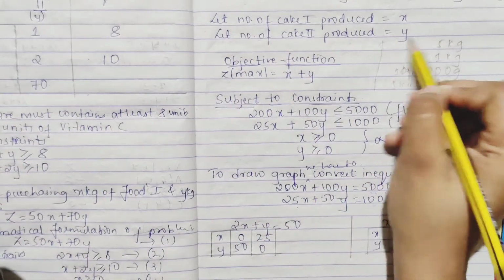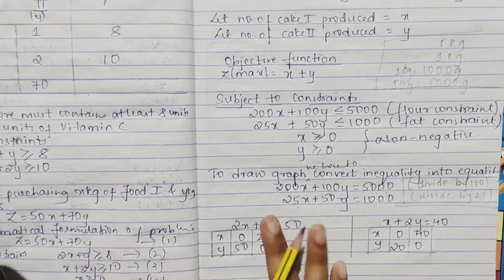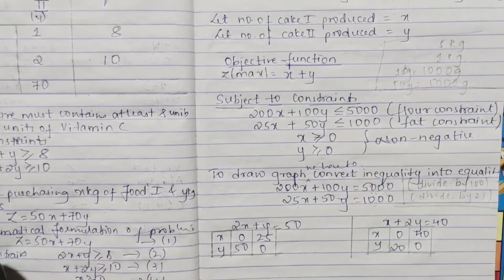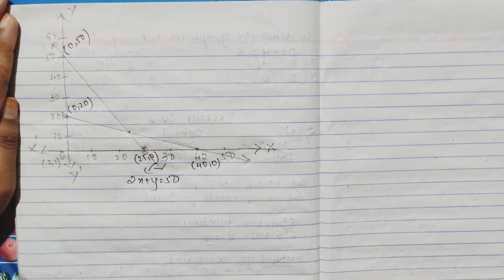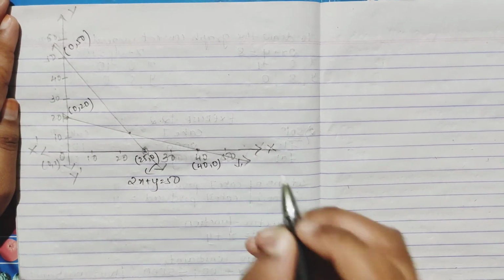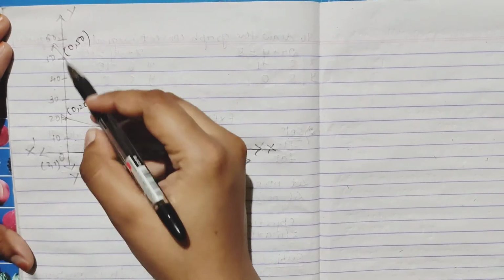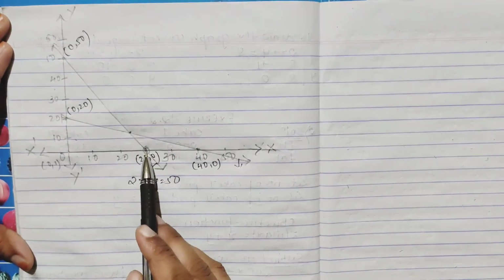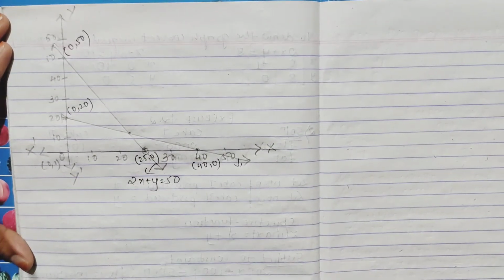I have also written everything in pencil, so you can note this down if you don't remember. So I have drawn the graph and plotted it. This is your first equation, and this is your second equation. See, first, when x is 0, y is 50, and when x is 25, y is 0. So you got this line. This is the straight line of your equation 1, 2x plus y is equal to 50.